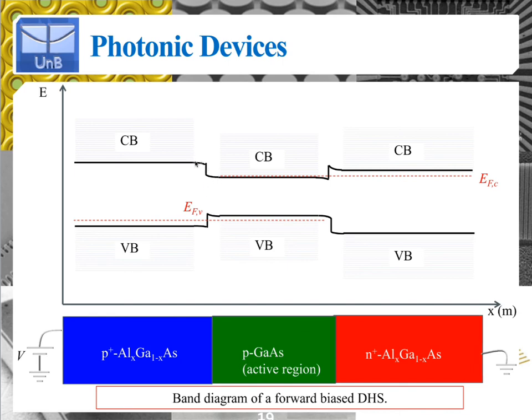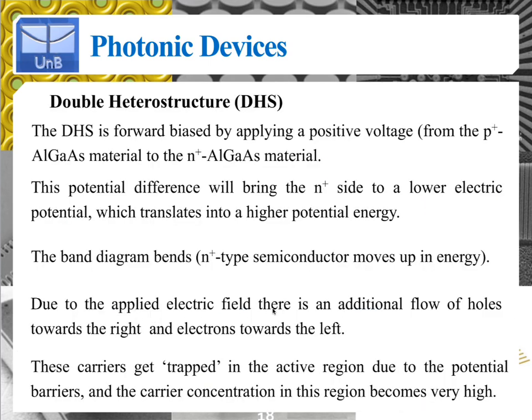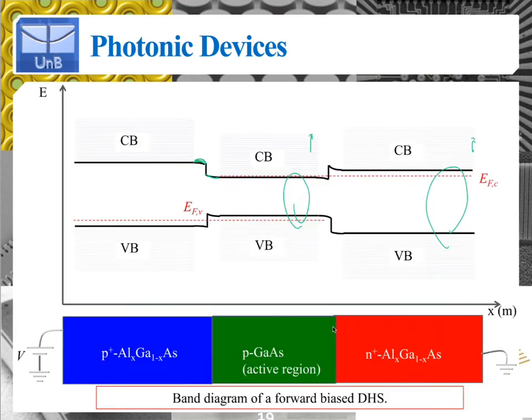So you still have the upside down and the right side up parabola, but since this guy has moved up in energy and this guy has moved up in energy, it becomes smaller. So this bending has become smaller, and well, due to the applied electric field, there is an additional flow of holes towards the right and electrons towards the left. So what does this mean? Since you have an